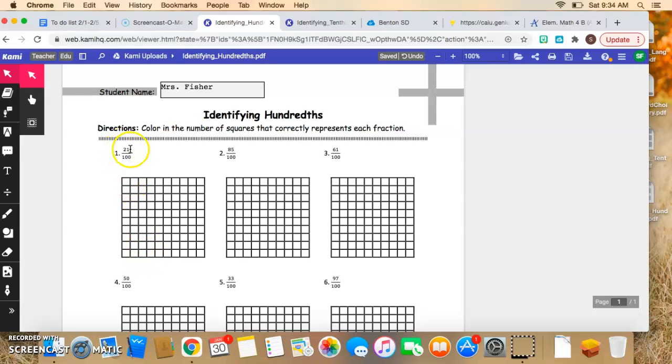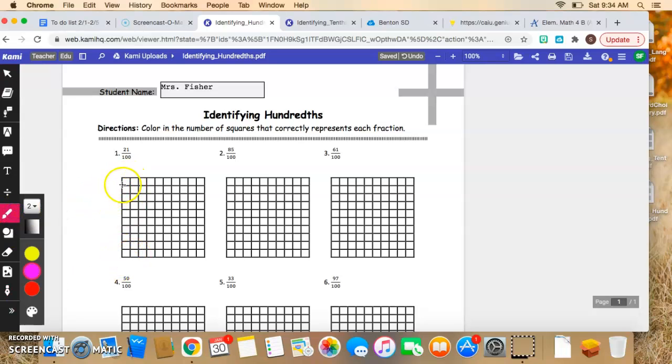So if there's 21 hundredths, we can count by tens. 10, 20. So I'm going to color in these two because it's easier instead of counting the little ones. And then there is 1 left. 21 hundredths. Okay, again,